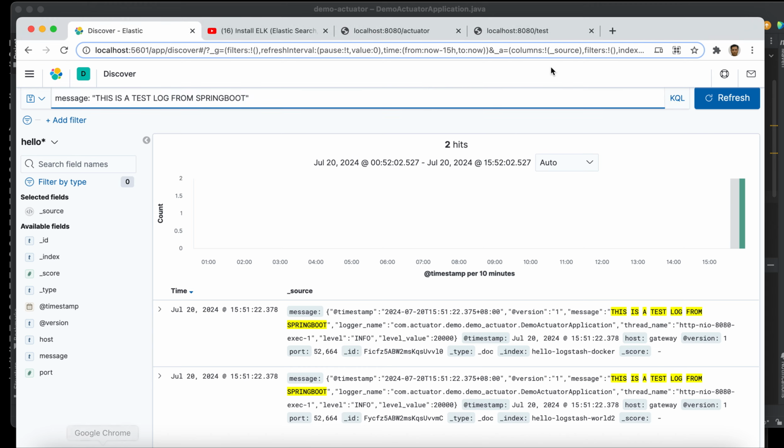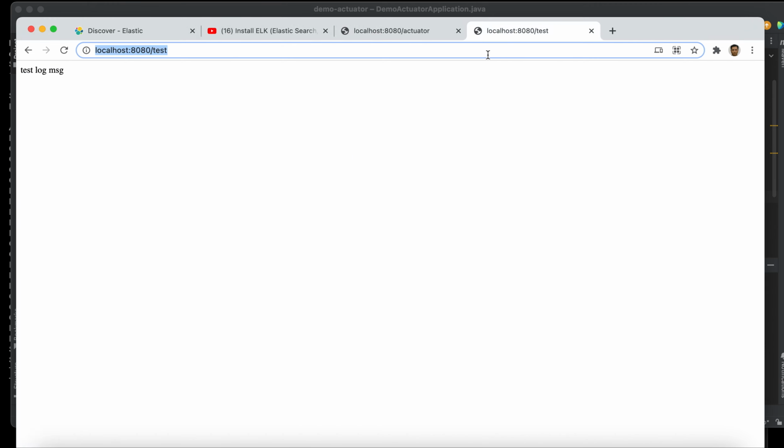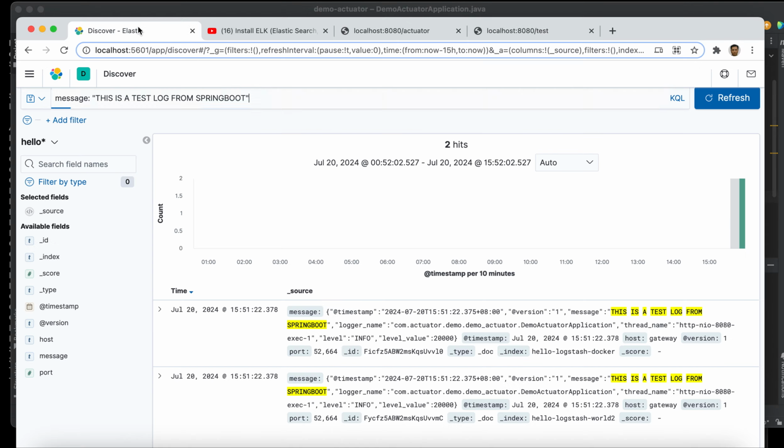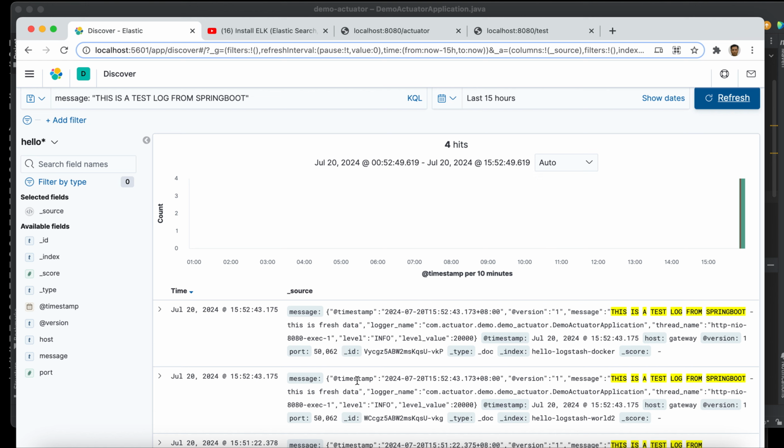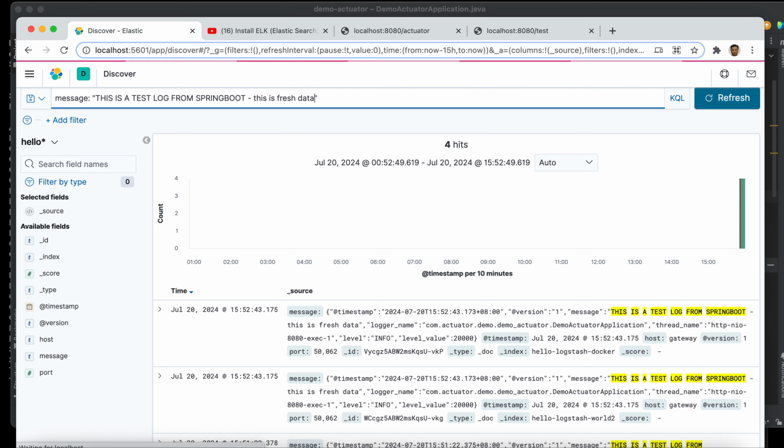Let's hit the endpoint again. Okay, then let's refresh. See, you can see here, this is the fresh data. Yes, you can even search this here. This is fresh data.